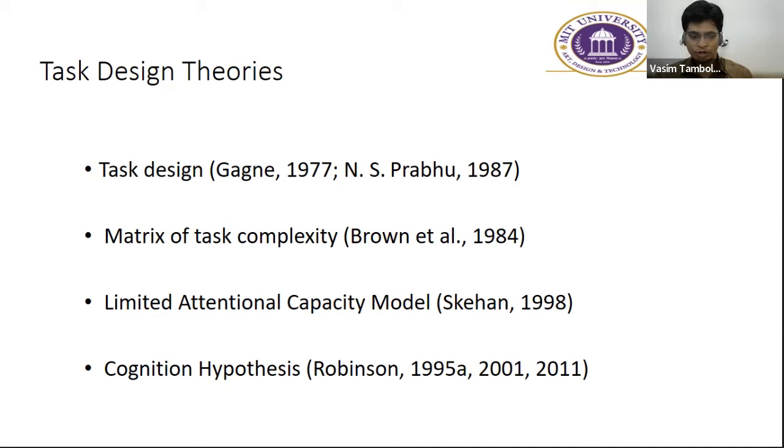Whereas in the later model, the Cognition Hypothesis, Robinson argues that the human brain has multidimensional attentional capacity. So at a point, the human brain can attend to all 3 aspects of oral language, and there could be a linear growth or a better production in terms of language fluency and accuracy versus complexity. So moving to the next slide,